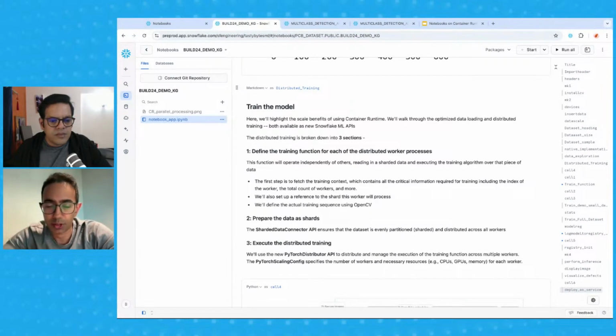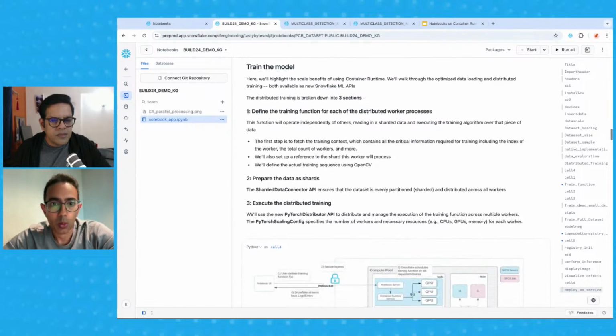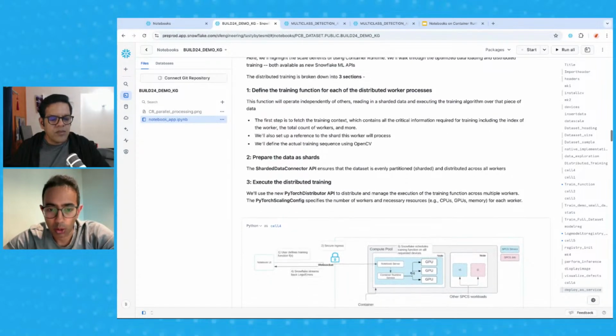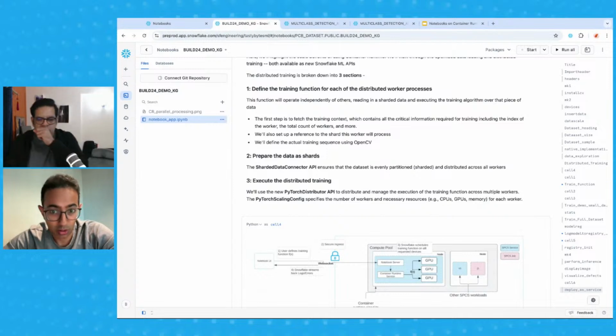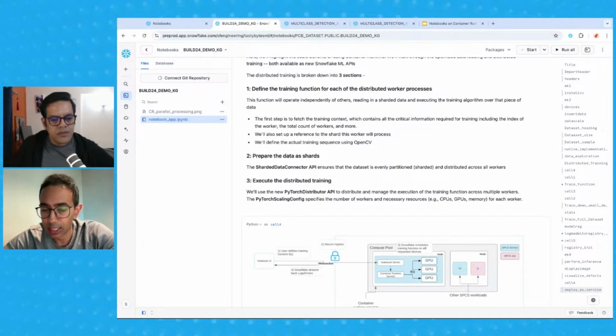And here's where the meat of the processing part of the container runtime comes into play. Now, in this case, I know I want to use PyTorch. PyTorch is great at leveraging GPUs, but it only works well when you're using a single GPU. If I have to distribute it across multiple GPUs, which in this case I do with a 120,000 image data set, it's going to take a long time and may not even complete. So if I want to split this across, here, 4 GPUs, if I have to use open source PyTorch myself,